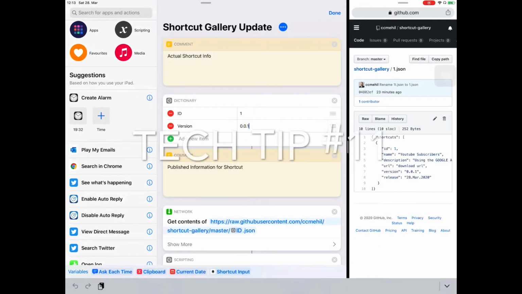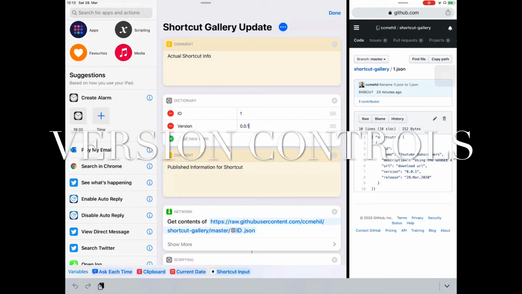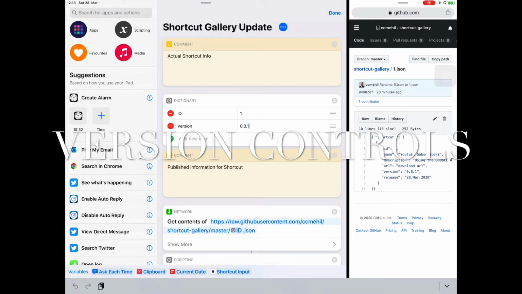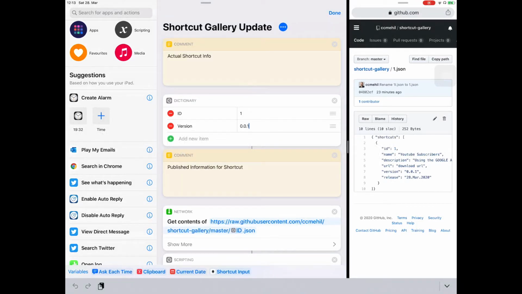All right, so there's a lot of different ways to get shortcuts. You can get them from friends, you can get them from the Apple Shortcuts app in the gallery itself, you can get them from websites such as ShareCuts or Routine Hub or whatnot. And I have actually used Routine Hub, and I actually have a shortcut in Routine Hub, which I find very cool. And Routine Hub has an API to allow shortcut authors like myself to do a check for the latest